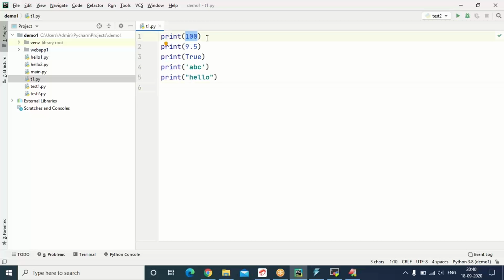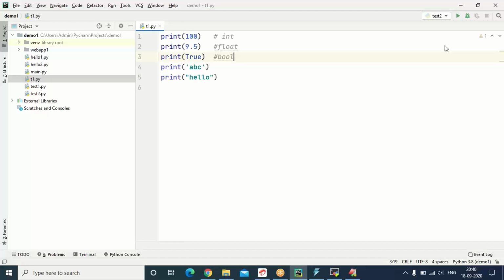Numeric value without a decimal, you can treat this as an int type. Through comment, I'm specifying data type. Numeric value with a decimal is treated as a float. In the comments, I'm specifying data type. True and false is a Boolean.